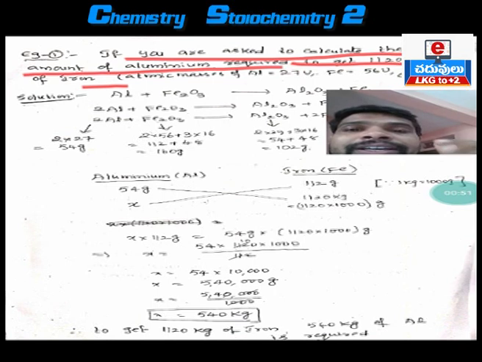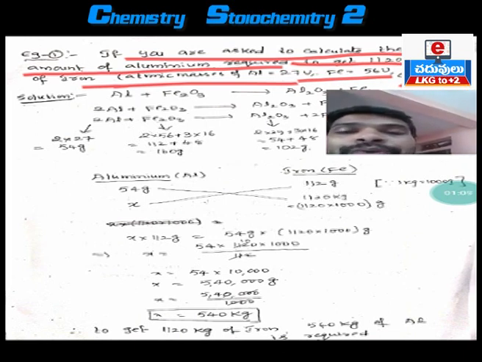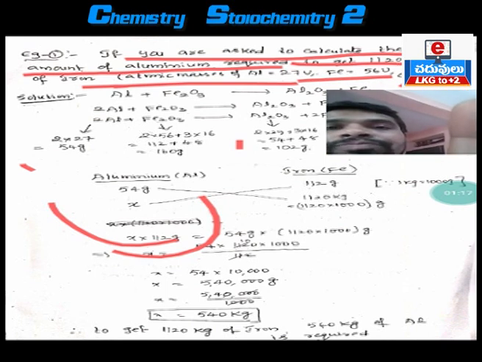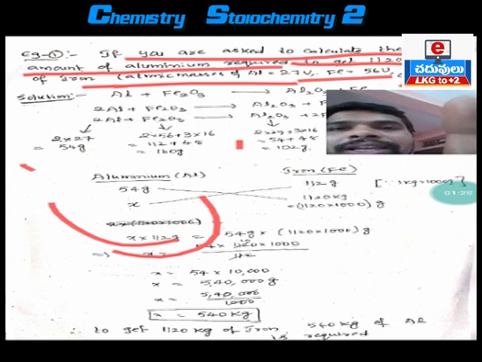So here the hint which is given to solve this problem: the atomic mass of aluminium is 27, the atomic mass of iron is 56, the atomic mass of oxygen is 16. So these are the masses of aluminium, iron and oxygen. Here U indicates unified mass. Atomic mass can also be expressed in terms of U. In earlier days, atomic mass was expressed by using AMU. AMU stands for atomic mass unit. Nowadays, atomic mass unit AMU has been replaced by letter U.